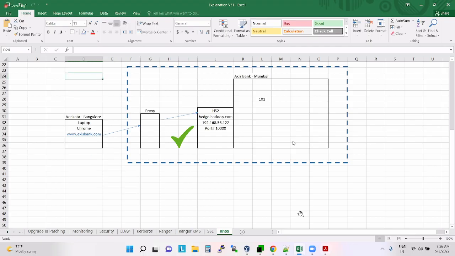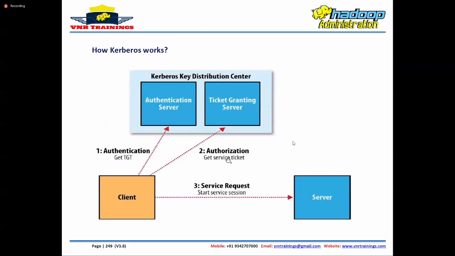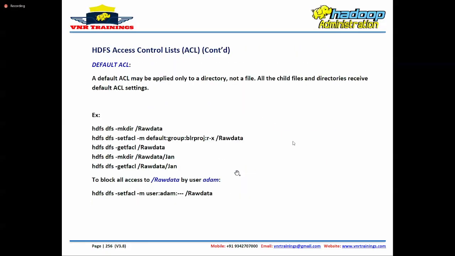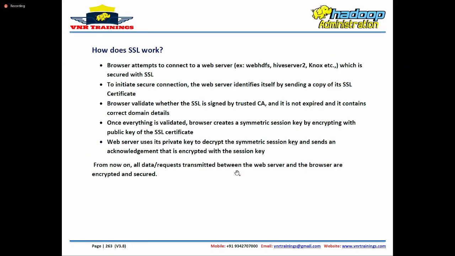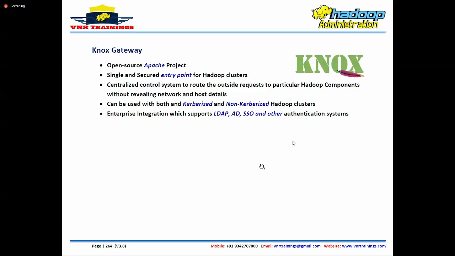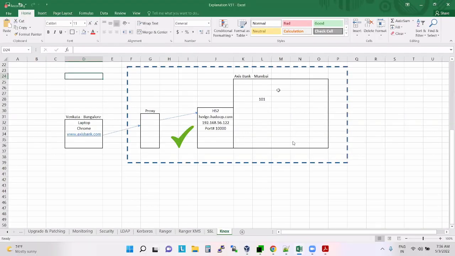When I say Knox, it is very similar to that. It is kind of a proxy gateway. So what is this Knox gateway? Knox gateway is an open source Apache project. It is a single, secured entry point for all Hadoop clusters. So whatever service you access inside this Hadoop cluster,